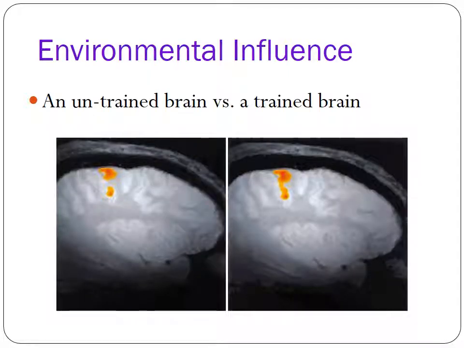Here you're looking at an fMRI. So we have a slide of the brain and we have the overlay of functioning, and we have what's going on in an untrained brain versus a trained brain. Now, if you remember, fMRI is oxygen consumption. That means areas of the brain working. And it doesn't seem like that huge of a difference, but it is. On the left, the untrained brain, there's this big gap and the brain is working, but it's obviously not working as efficiently. But on the right, the trained brain, a huge area is engaged, and that means there's a lot more going on. It doesn't mean that the brain is struggling, it means that the brain is active. A struggling brain is more often an inactive brain.